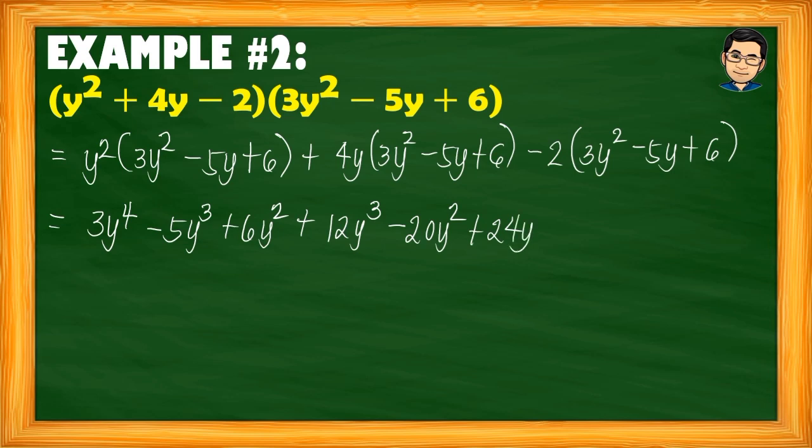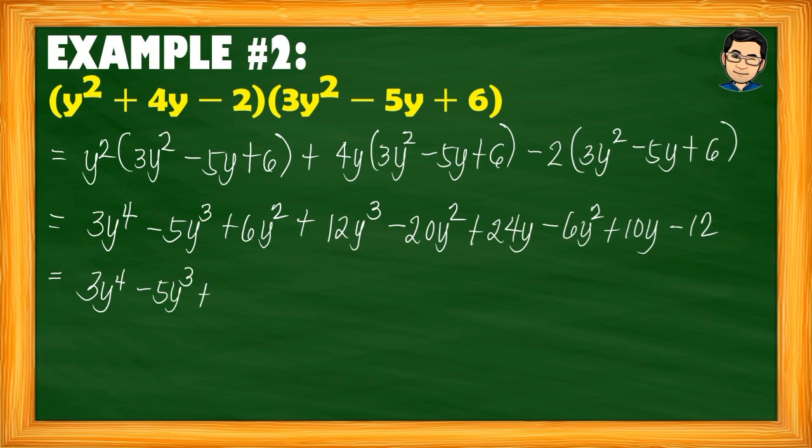Next, negative 2 times 3y squared, that is negative 6y squared. Negative 2 times negative 5y, that is positive 10y. Negative 2 times 6, negative 12. And then we combine all like terms. So, kailangan nakasulat po sa standard form yung sagot. So, copy lang natin yung 3y to the 4th power. And then, negative 5y cubed,